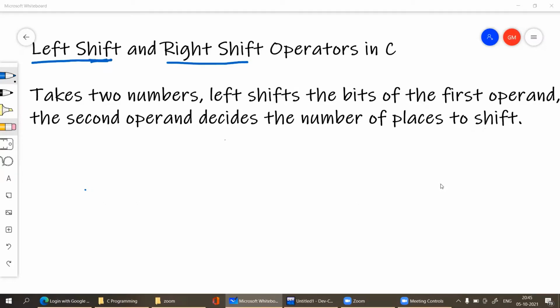Welcome back, everyone. This is the second lecture as part of our bitwise operator series that we started in the last lecture in this series of C programming. In the last lecture, we discussed four bitwise operators: bitwise AND, bitwise OR, bitwise XOR, and the bitwise NOT, also called the ones complement operator. We identified a couple of solutions using this set of operators, and we used a truth table for that purpose.